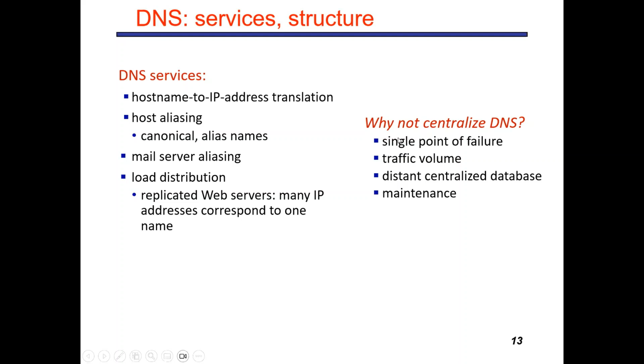Now, a big question is: why don't we just have one DNS server that will respond to all the queries? It's a genuine question. Why do we have a hierarchy of DNS servers? Why do we have multiple DNS servers? Why don't we have just one big giant DNS server with a lot of computational power that responds to all the queries? There are different reasons. One is that it could become a single point of failure. If your single big DNS server goes down, then obviously the whole network infrastructure will collapse. Secondly, there will be too much traffic going towards one DNS server,